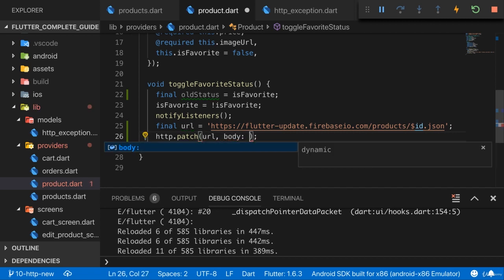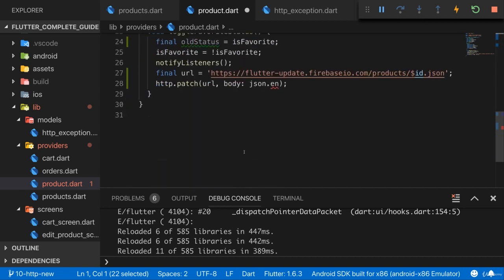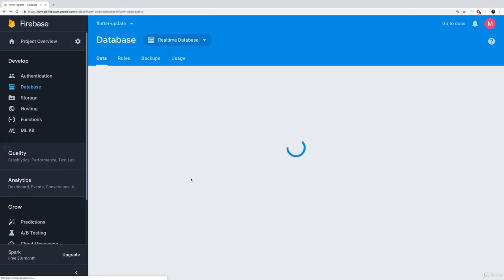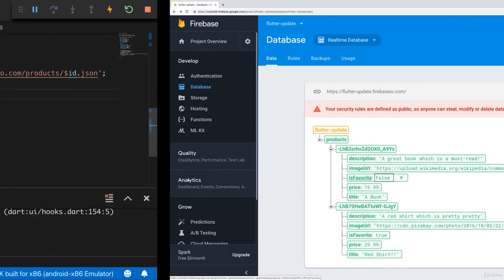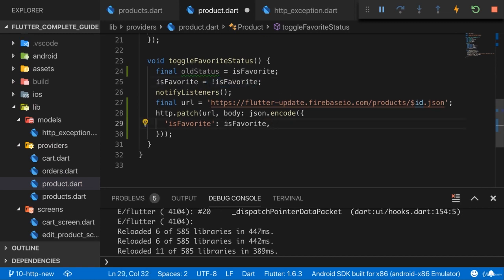Now the body is the data which I want to change, or describes the change. And here we want to JSON encode, and for that I need to import Dart convert here. That's important. Add that import. With that import added, here we can call JSON encode and encode a map where I only want to set the isFavorite key. And again, that should match the name you have here on your server. So that isFavorite name you have there as well. And the new value here is the new value we have here. So isFavorite. After it was switched, because of course I want to store that new value, which we also use locally, on